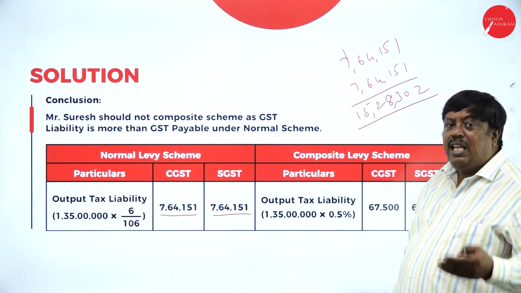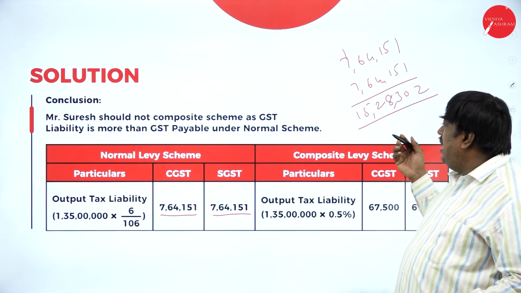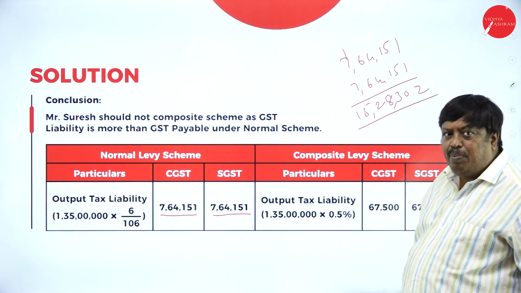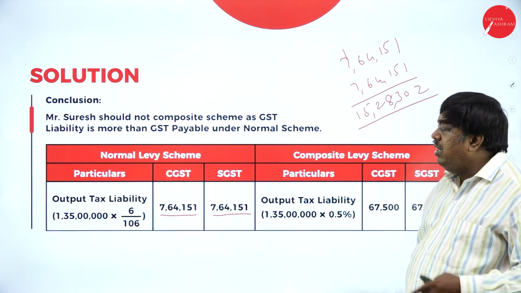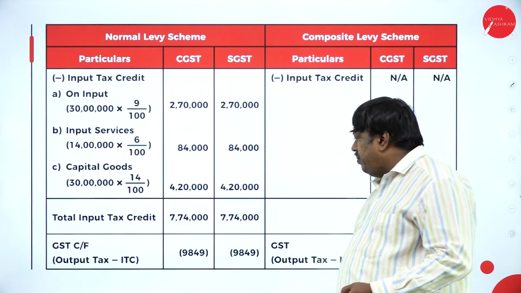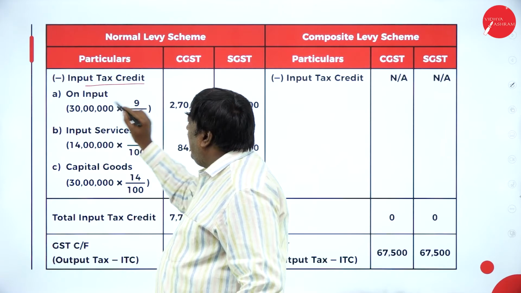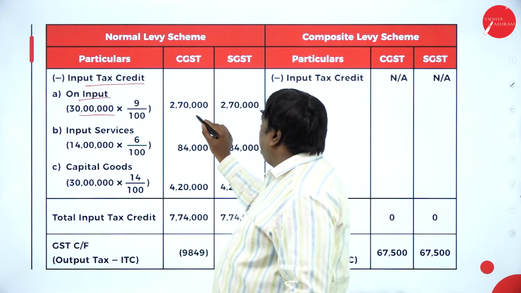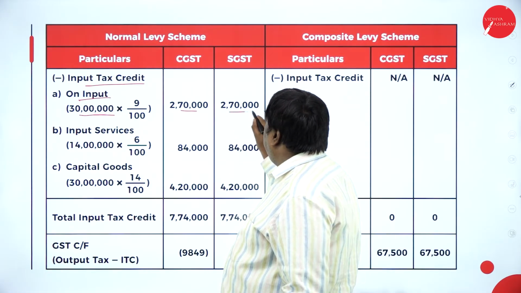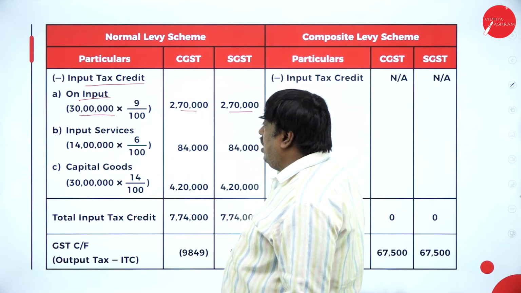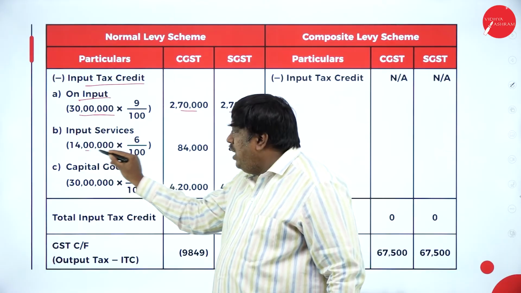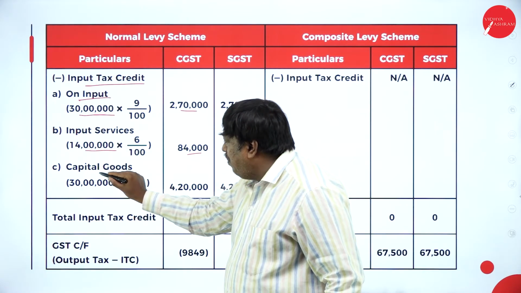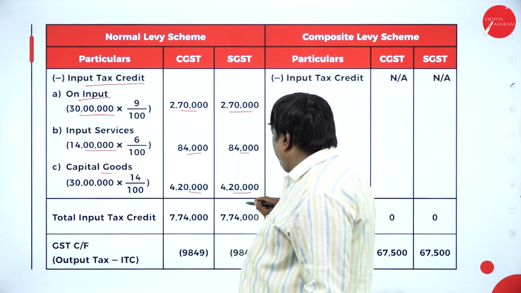We have to check. In that one, if anything is left out, I have to pay the tax to the government, or if excess is paid, that can be adjusted in the other transactions. Where I have paid the tax that is on input goods and 30 lakhs into 9, that is I have paid tax 2 lakh 70, 2 lakh 70, it will be 5 lakh 40,000. And on 14 lakhs,